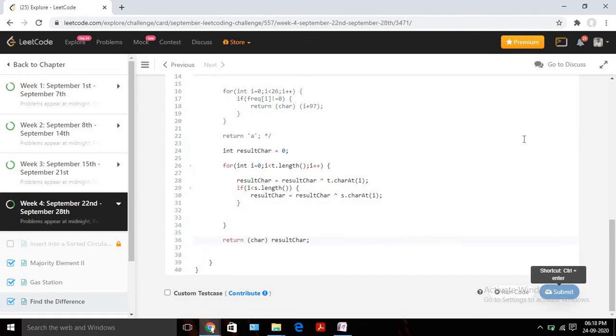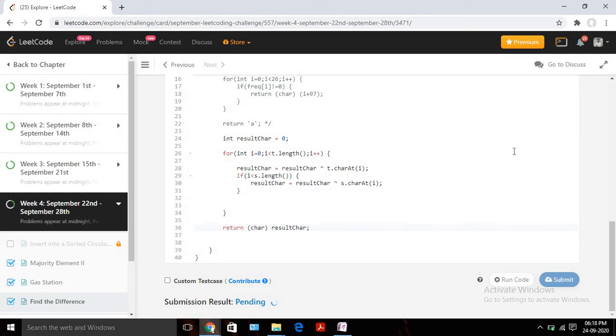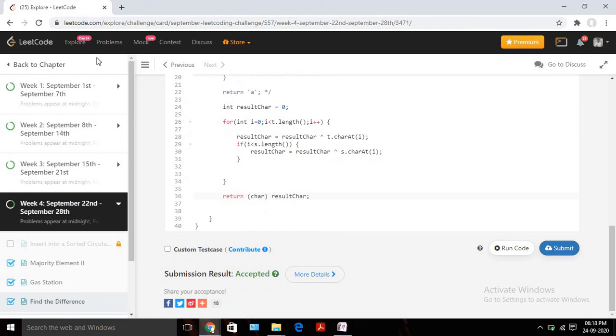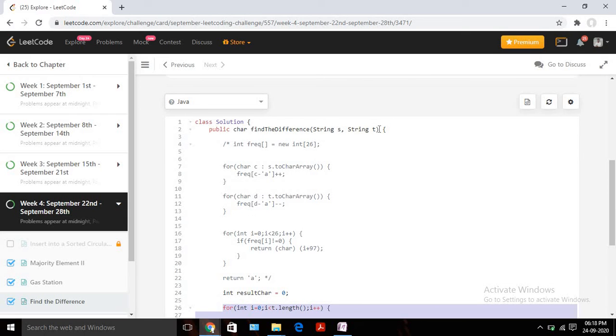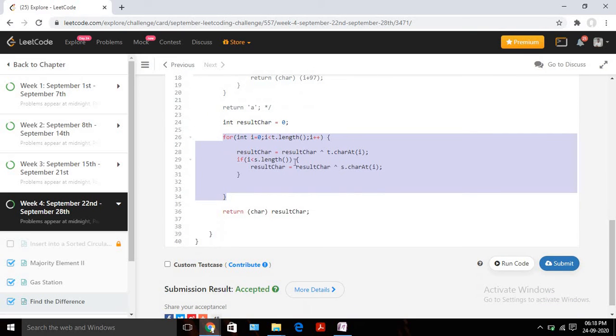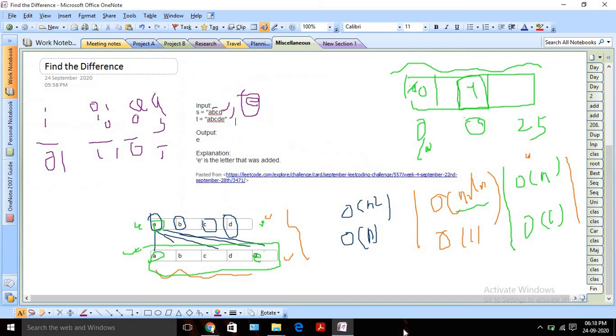Let's quickly run this approach also. Okay, I think it's giving us the expected answer. Let's submit it also. Okay, again our solution is accepted. So what is the basic difference? The runtime is obviously order of n, because we are running one for loop based on the size, so basically it will be order of the maximum length, the length of t here, right? And in terms of space, again we are using only one extra variable instead of an array, so the space will be order of 1 here, right? That's similar to the third approach.